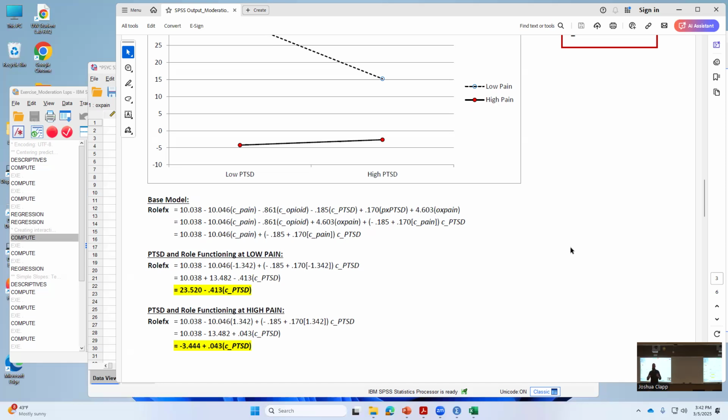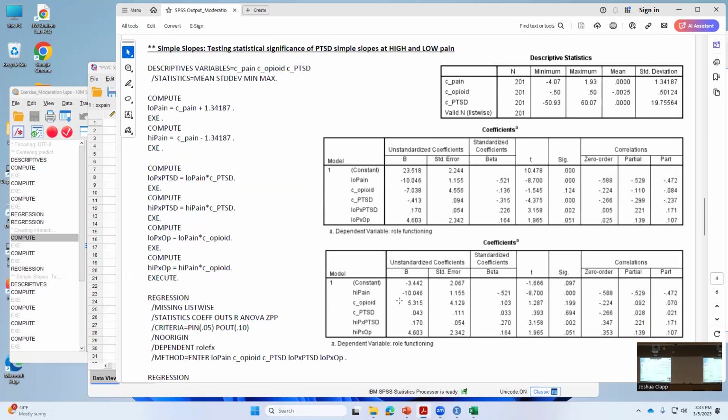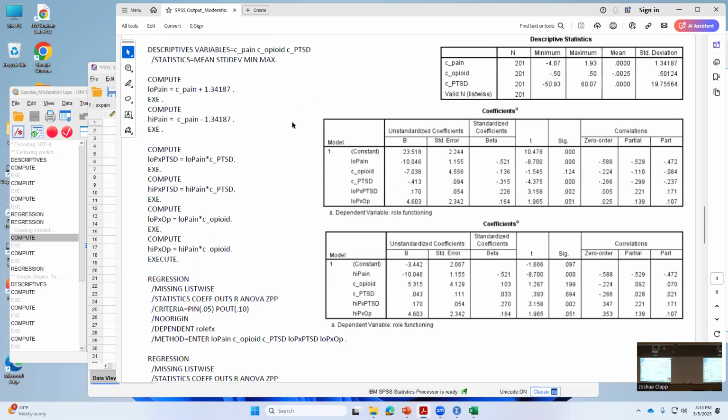But what we now want to do is go through and test those simple slopes. We want to attach p-values to the simple slopes that we've derived, okay? We can do that. It just takes a little bit more legwork in SPSS. Okay. So what I'm going to do here is go through and create